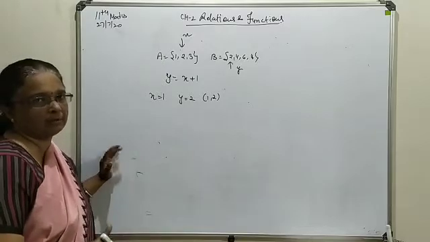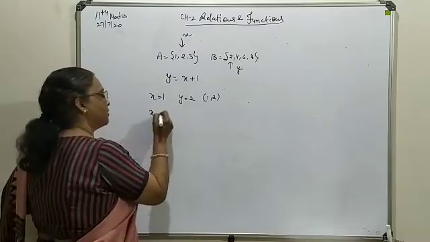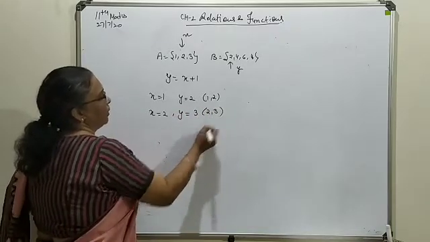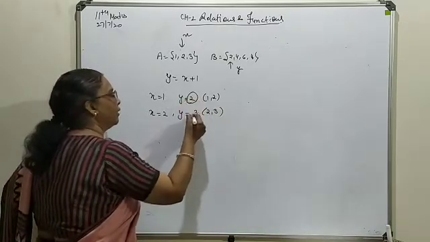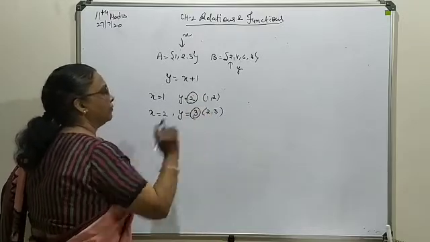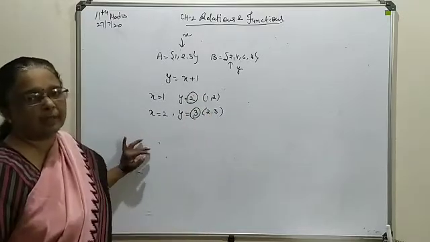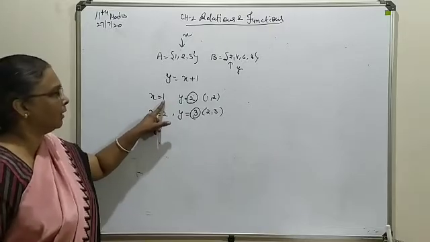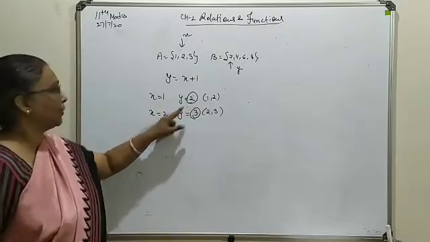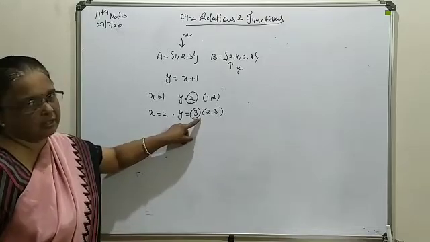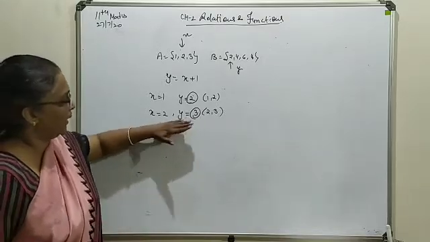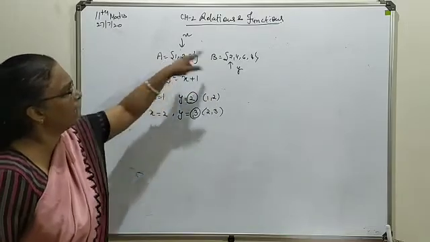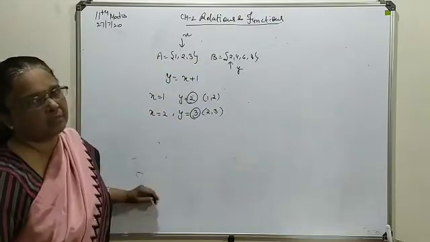So what does it mean? Let us try to understand. Here it is 2, meaning y is 3. So what is the function value you are writing now? This 2 and 3 are called the images of the respective elements. So for 1 the image is 2, for 2 the image is 3, which is an element of set B, meaning from A to B your relation is being defined.